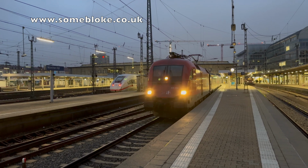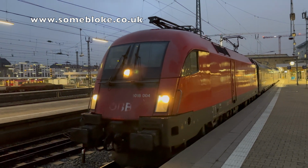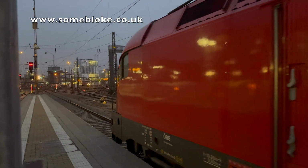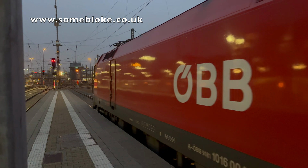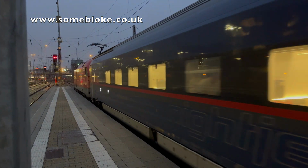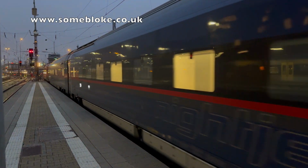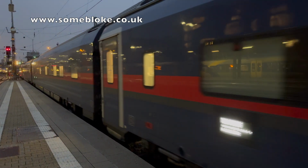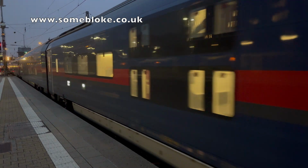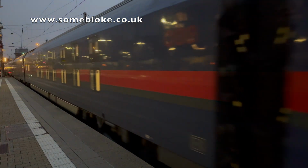So, here we go. That was my experience of the mini compartments. Will I do them again? Probably not. I think they're an absolutely fantastic idea. I think if you're in your 20s, and next to me there was a group of lads, mid-20s, they were off skiing to Innsbruck, and they're piling in there, and it saved them a night in a hotel, and it gets them from the north of Germany down to Switzerland for €99 or €129, and I think that's absolutely fantastic. I loved the experience. I really did enjoy it. I love that compartmentalism, but I think for comfort I'd probably do a hotel room and do a day train,